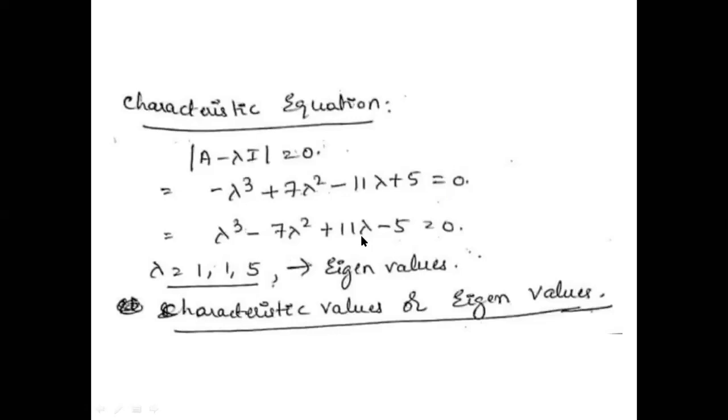And you can solve this equation by many methods. You can take a common factor and convert it into a quadratic equation and equate to 0 and so on and so forth. So that step I have skipped. So what you will find is lambda will have values of 1, 1 and 5. So these are known as the characteristic values or just the eigenvalues. So this is the first part that you need to understand here, how to calculate the eigenvalues, right? So let's look at a few examples to calculate eigenvalues.